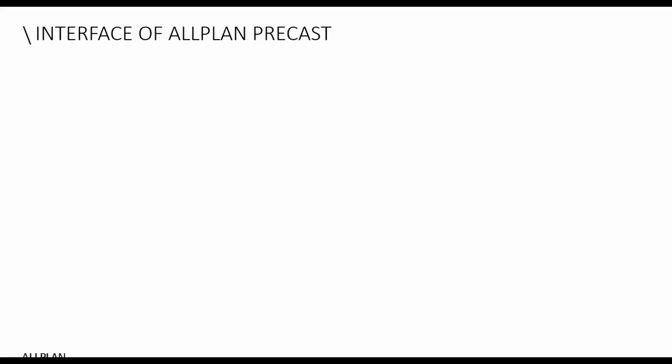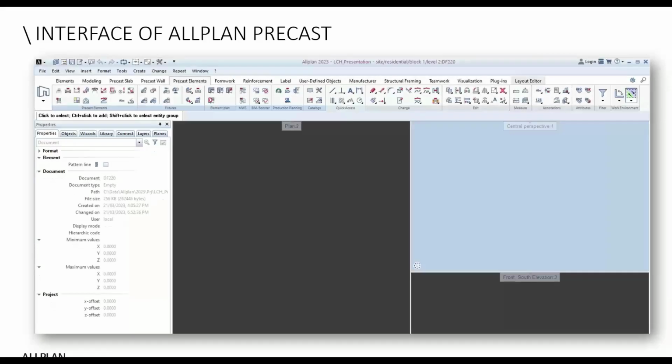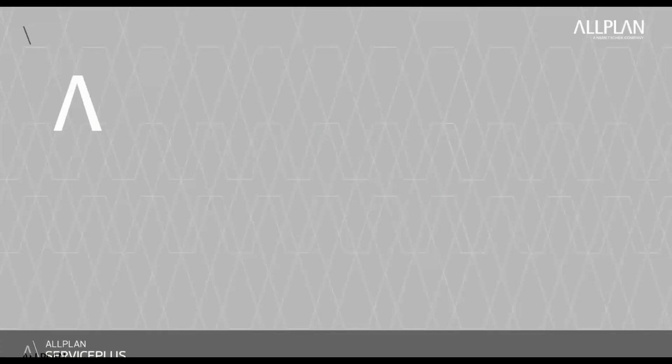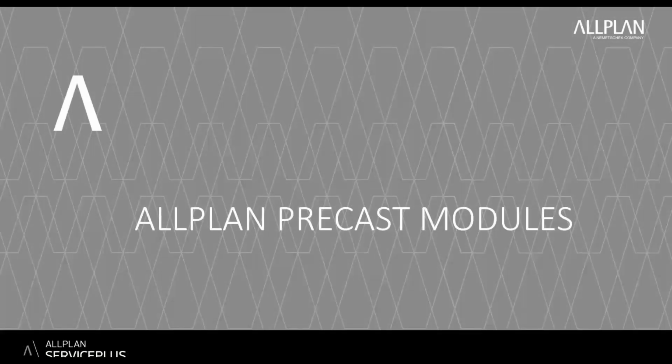So for the interface of Allplan Precast, we will focus on the three types, which are precast slabs, precast wall, and precast elements. Open precast modules,